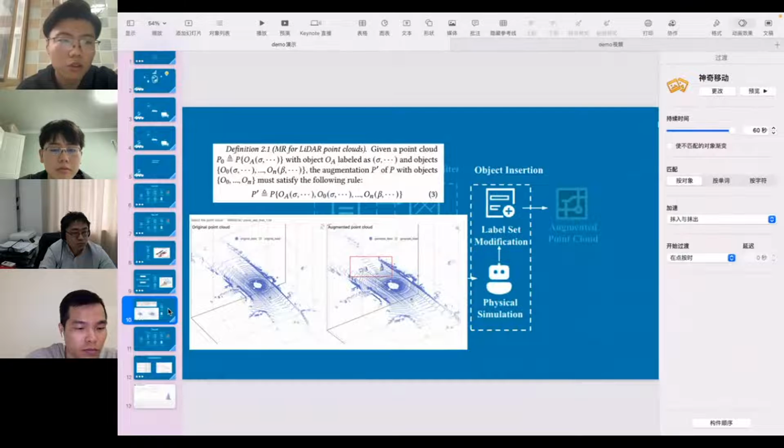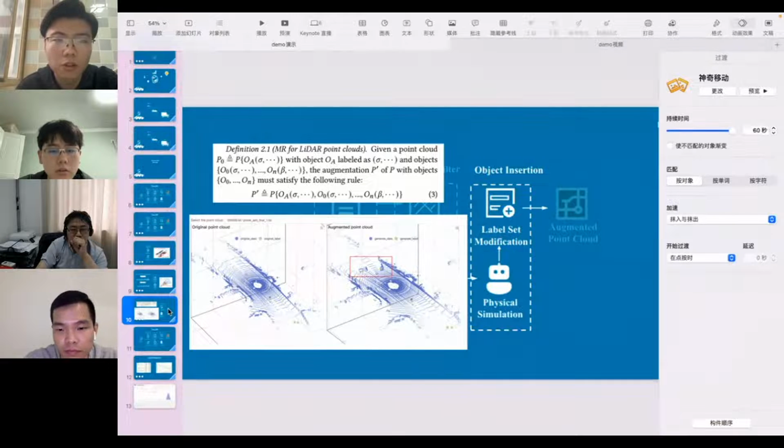The labels contain information such as the object's category, coordinates, dimensions, orientation, and so on. Point clouds generated by Tholen are often inserted with new identifiable objects. So the labels corresponding to generated point clouds also need to be accompanied by information about the inserted objects,